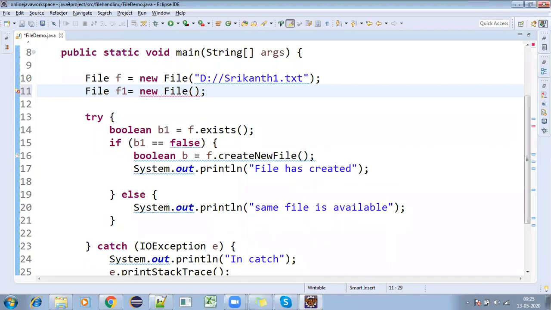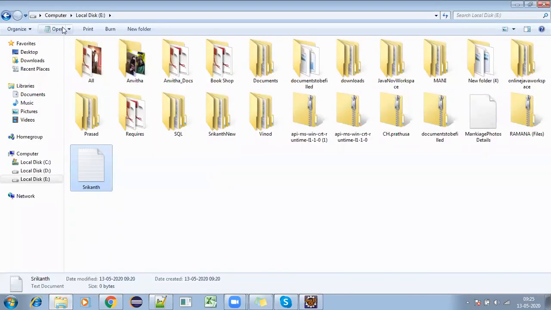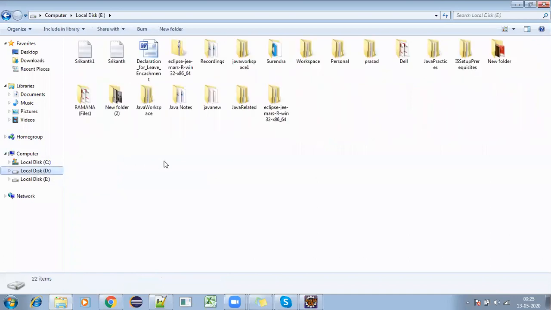First you can give the drive here, that is D colon, whatever is already available. I'm going to the D drive.